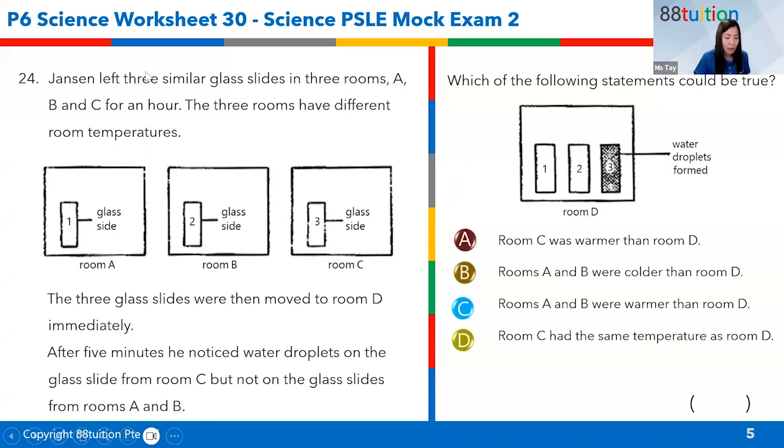All right, so Jensen had 3 similar glass slides. Glass slides are those used, for example, if I give you one from the science lab, you'll be the one for the microscope. You know, the glass slide, right? Used for glass slide. Sorry, I was drinking coffee, Alex. Glass slide. So you have those for the...